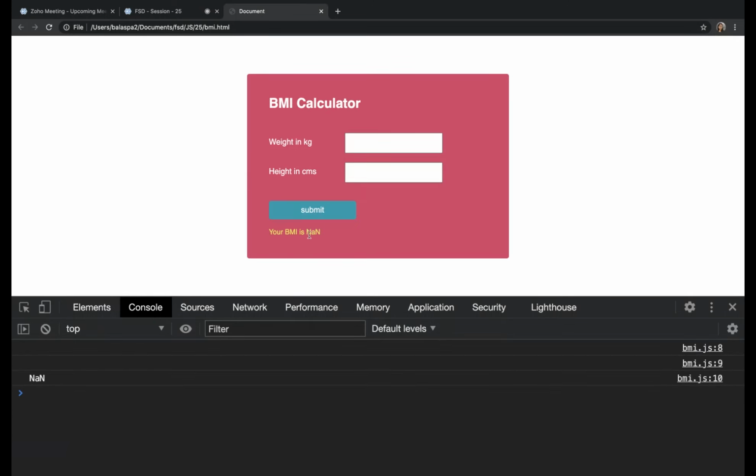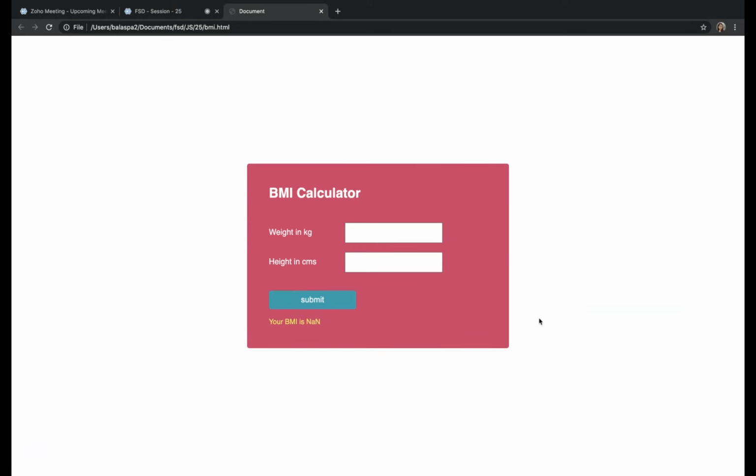See what it is doing: it will be some empty string, and it will try to calculate with that empty string, and then it says your value is not a number. So we don't want these kind of nonsense answers.